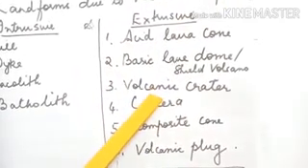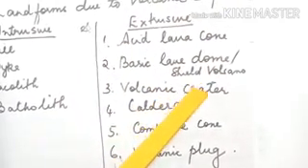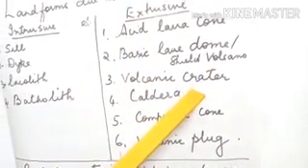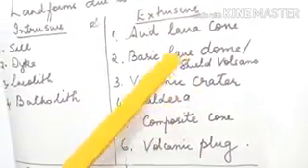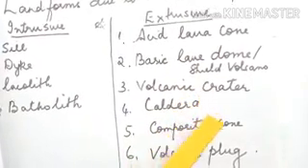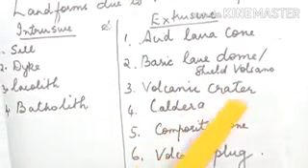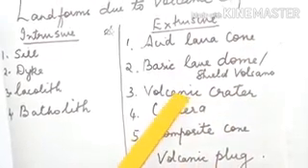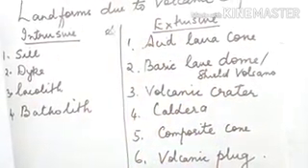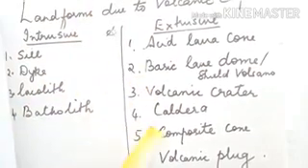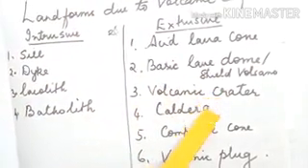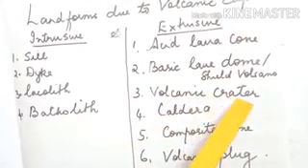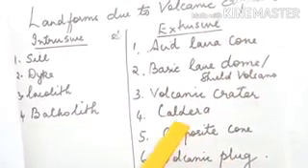Now what is volcanic crater? Sometimes magma comes out through the vent with a great explosion. As a result, the top portion of the vent is blown out to make a way for the lava to pour out, and thus a volcanic crater is formed. When lava solidifies around the vent, a depression is formed in the vent and a volcanic crater is formed.